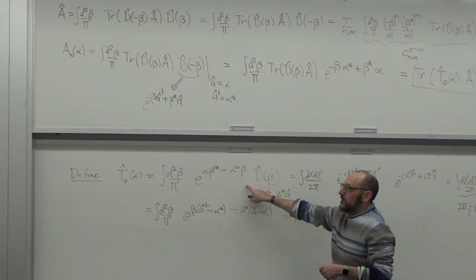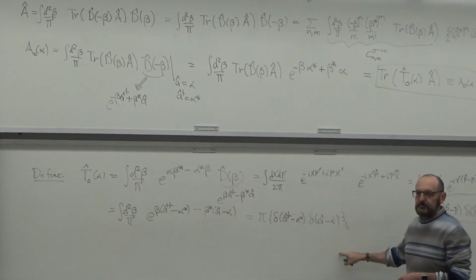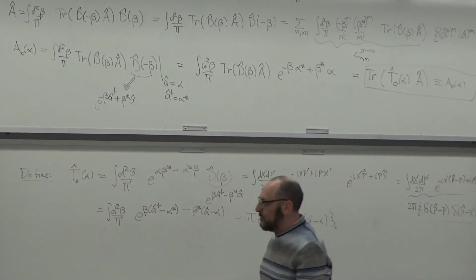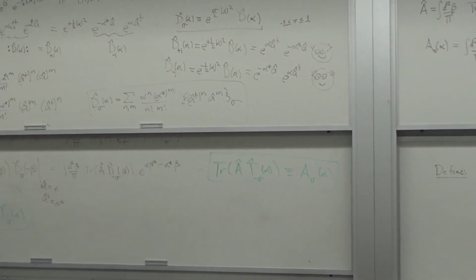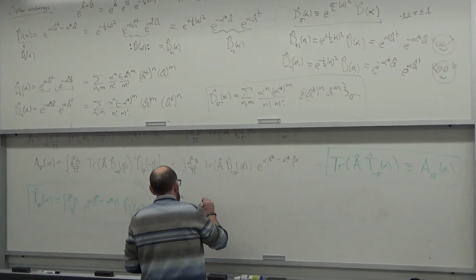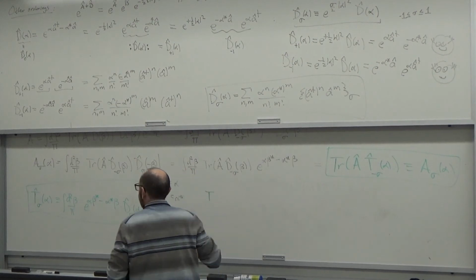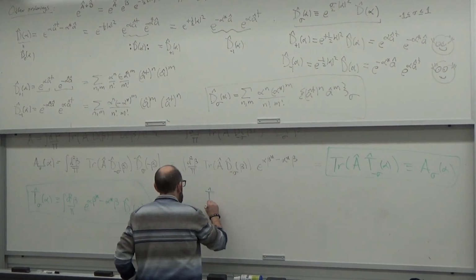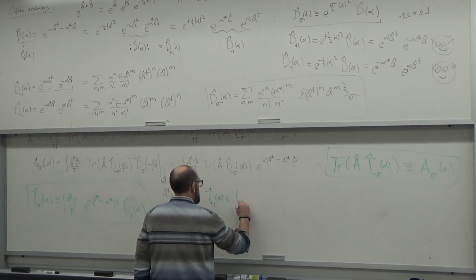This was for the symmetric case, and we had the symmetrically ordered delta function. Now we have the sigma ordered delta function. Let's do an example. Let's say that sigma is +1. So T of +1 of alpha is equal to